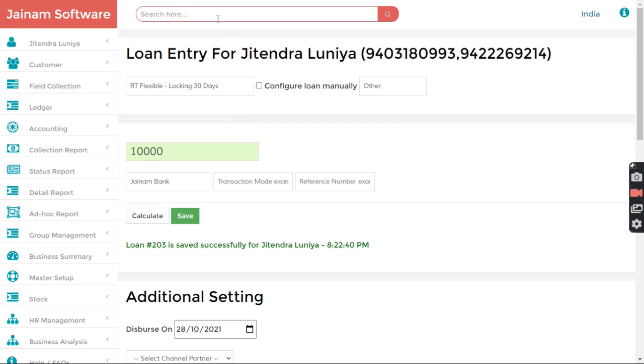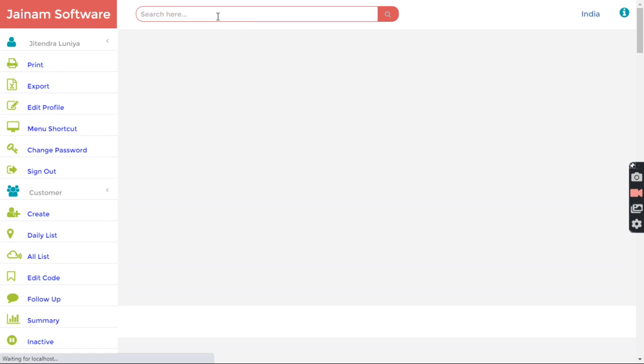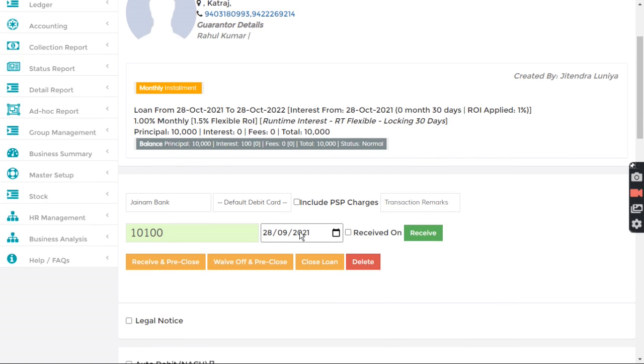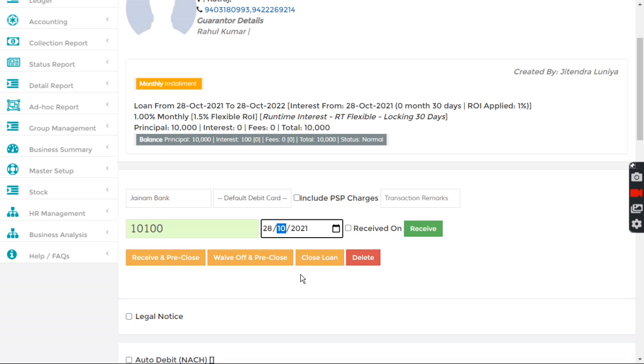Say 203, and here locking 30 days. So if I go November, so 27th November, it will be 30 days, it will be on 27th November. On 28th, it will apply on 31 days.